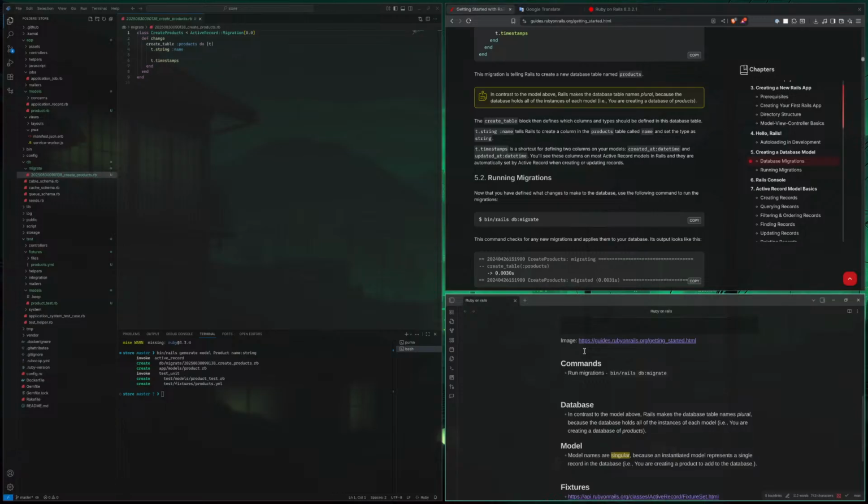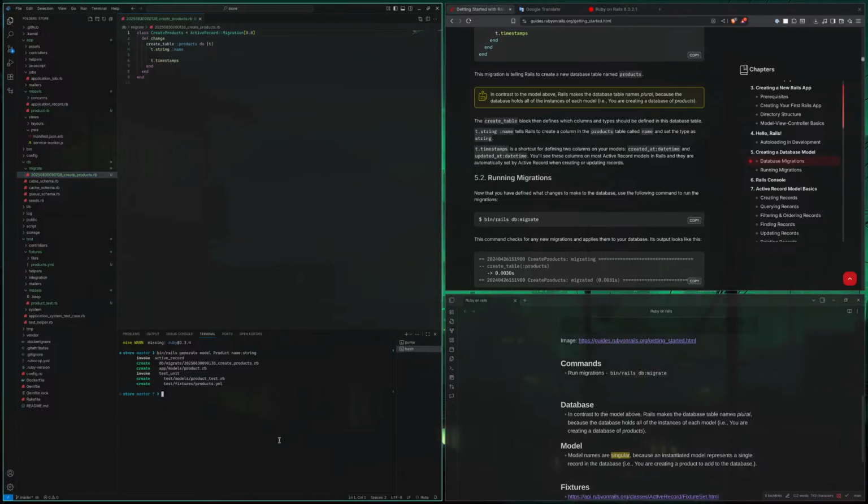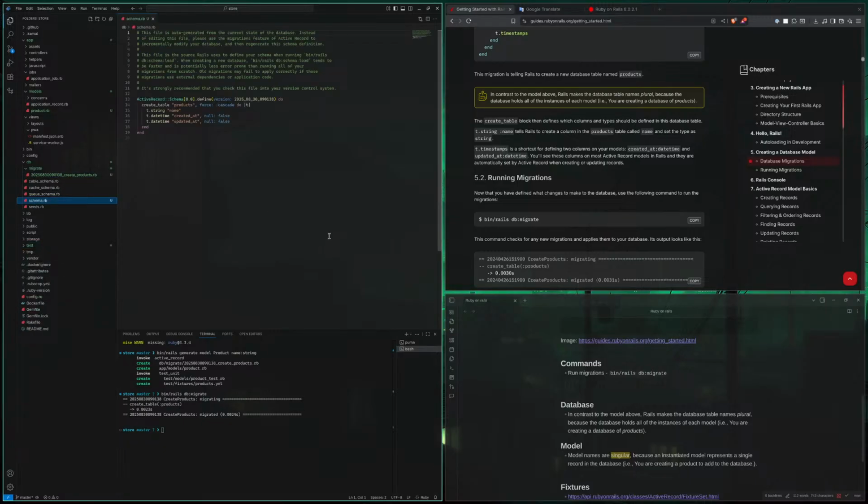Yeah. Okay, let's see. Rails db:migrate. Create table products. Yep, awesome. What did happen though? Schema.